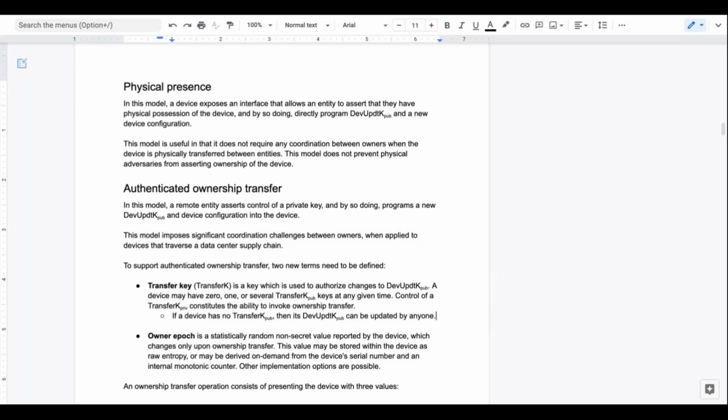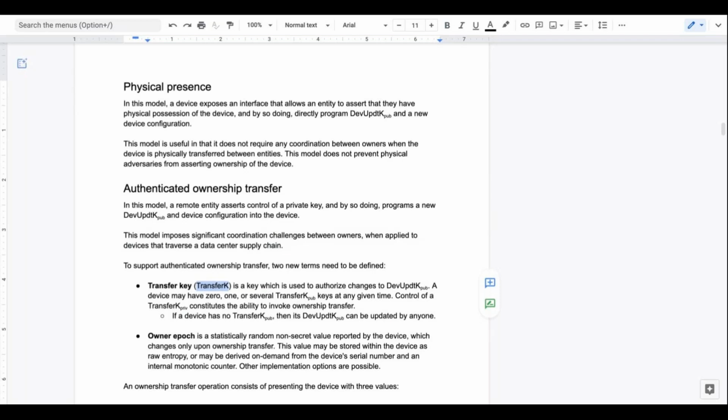If I'm a device owner taking ownership of the device, I want it to be able to go back to the prior owner, or anyone, not necessarily the prior owner. Maybe the prior owner is my IT department, but I want the vendor to be able to assert ownership in case it breaks. Then when I take ownership, I can select both my own transfer key, so that I can change ownership if I want to, as well as the vendor's transfer key. They both can be resident in the device.